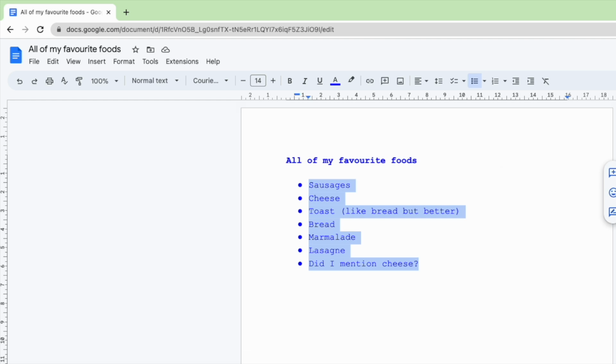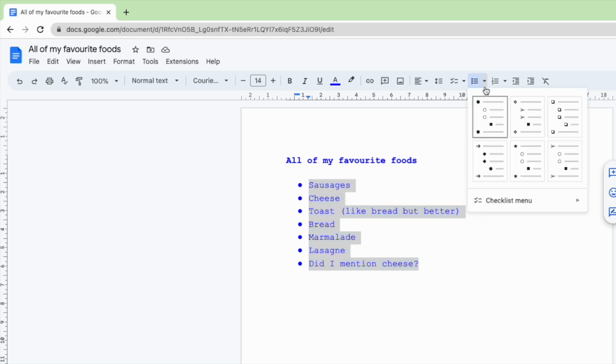Once bullets have been added, you can then quickly change the bullet style by moving your mouse pointer to the toolbar at the top of Google Docs. Near the end of the toolbar, you'll see a bulleted list icon, and next to that, a small downward arrow which has a number of options behind it. Click once on that to open the bullet list menu, and then you can quickly choose an alternative bullet style